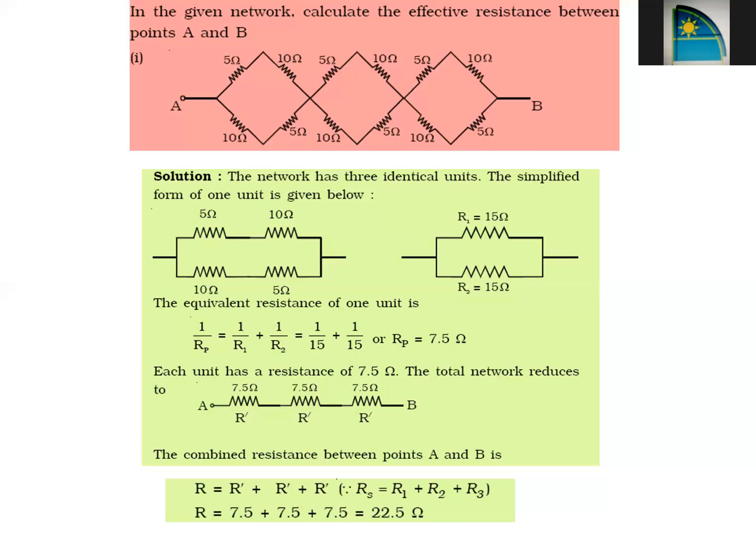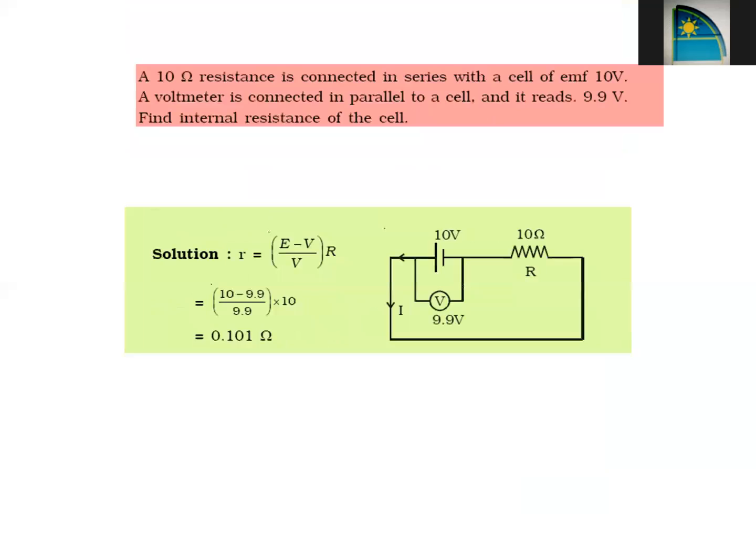So, if you can see, we will first draw the comparison circuit with the previous one, the rhombus. The resistance 5 ohm and 10 ohm are in series, and in the lower half you can see again resistance 10 ohm and 5 ohm are in series, but overall these two, they are in parallel with each other. So first you calculate resistance of one rhombus, it will come 7.5. Since all three of them are connected in series, so we will just add the net resistance and we will be able to calculate the final resistance of this given circuit.